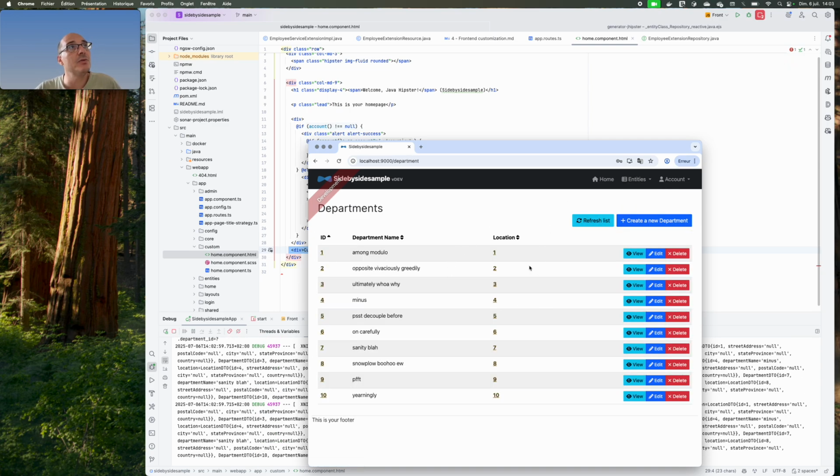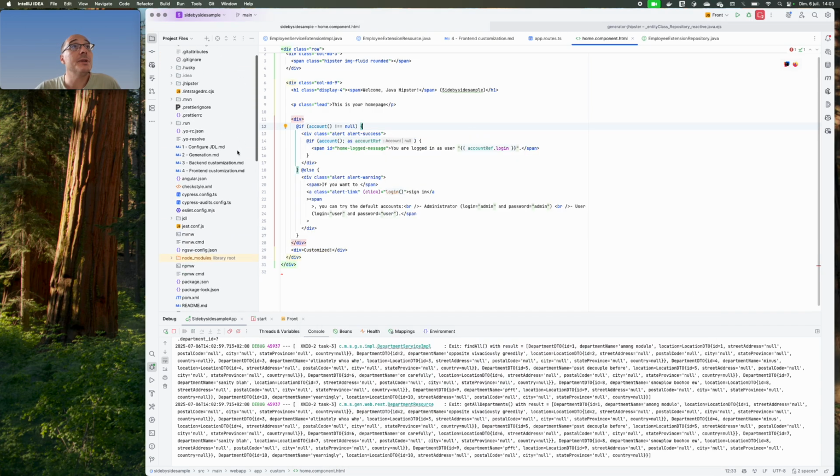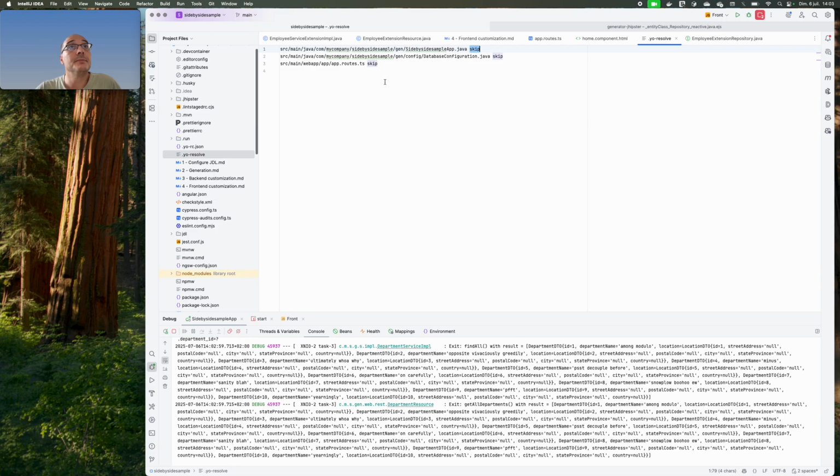Still, it can be useful for the functional administrator in order to fix some data that are not that correct during the life cycle of the project. So that's it.